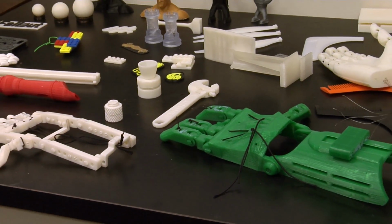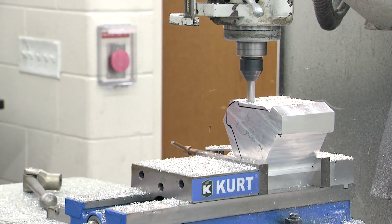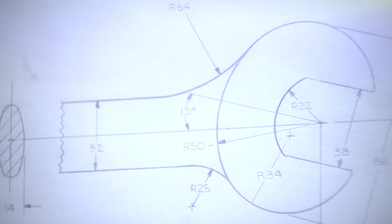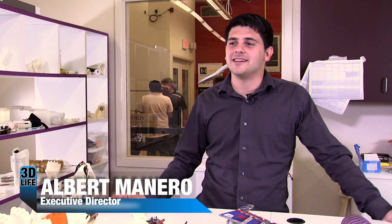Through donations and support from the community, Limitless Solutions is able to make prosthetic arms and give them for free to kids like Annie and Wyatt. Working with Limitless has been one of the most moving and challenging jobs I could have ever imagined. And coming from an aerospace background, my dream my whole life was to be able to build space planes. And since getting involved here and seeing this nonprofit really take off, it has been